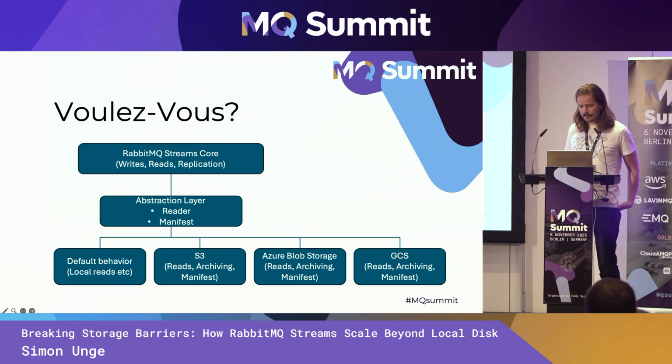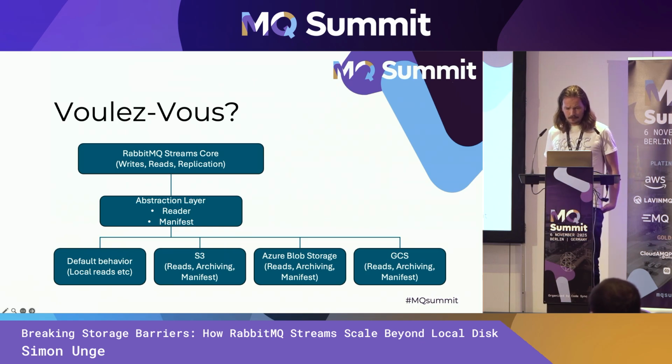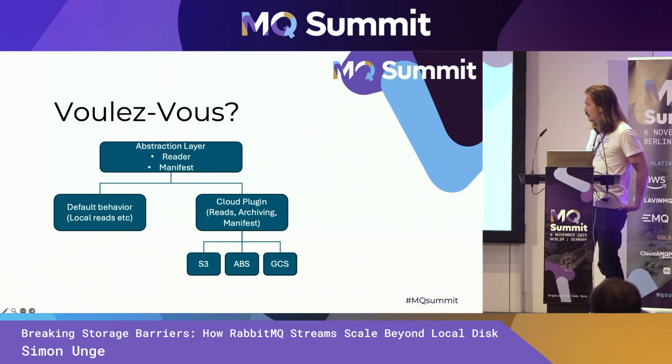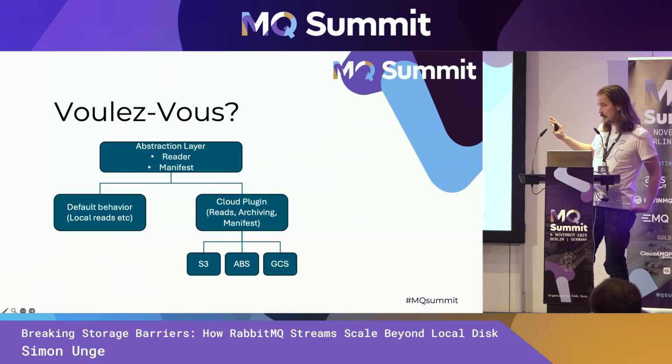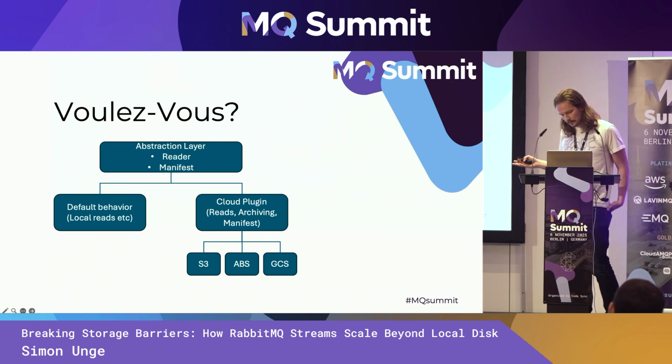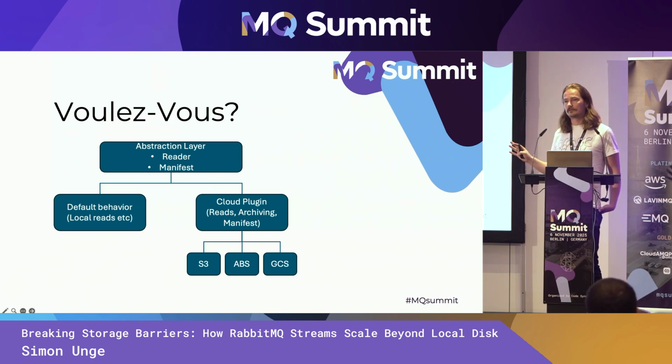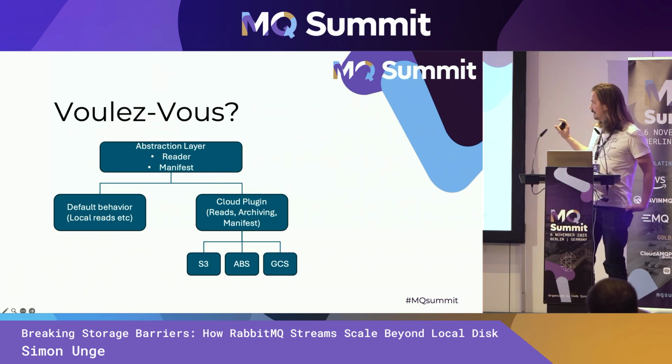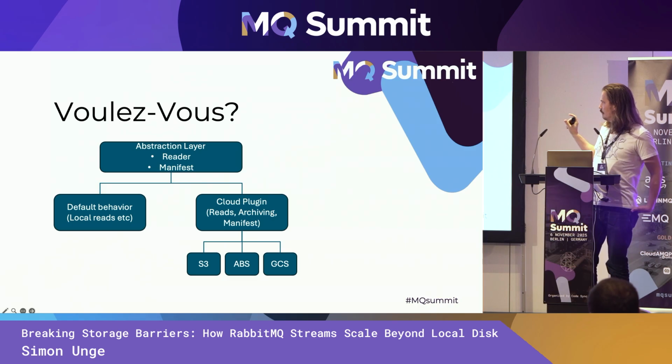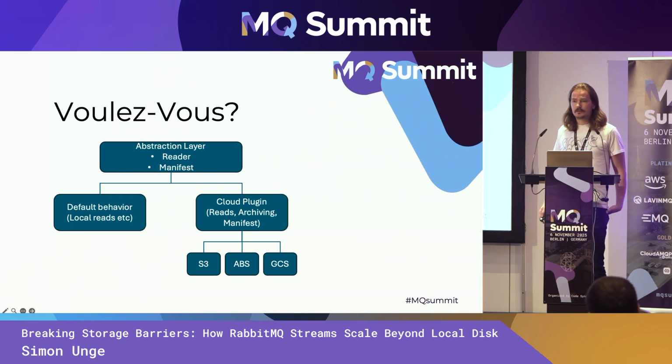Now, I talked with one of the engineers from CloudAMQP about this, and he said, can it be more generic? And yes, it should be able to be more generic. This is not what we're currently doing, but it would be cool if this is where we ended up, because I think that most of the logic in the reads and the archiving and the manifest will be very similar, regardless of the backend. So we could probably make a cool cloud plugin where most of the logic is, and you just have to add small modules or small behaviors for authentication and basically how to do the puts and gets to those backends.